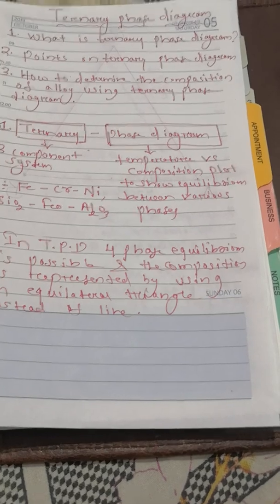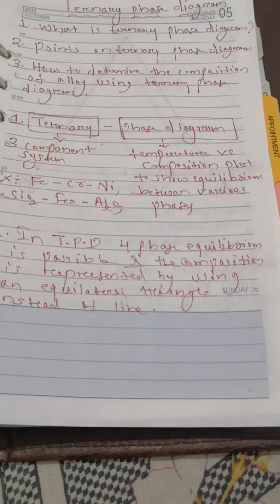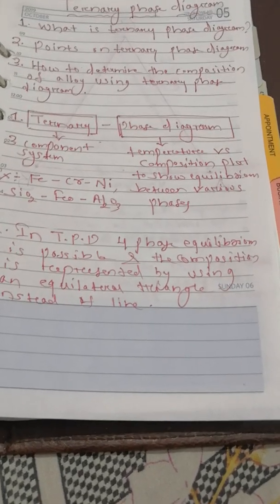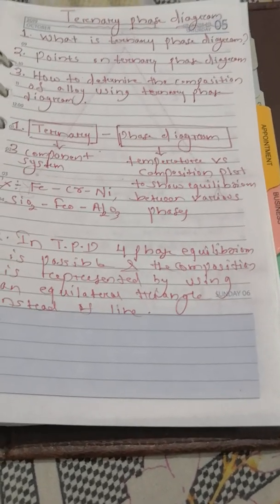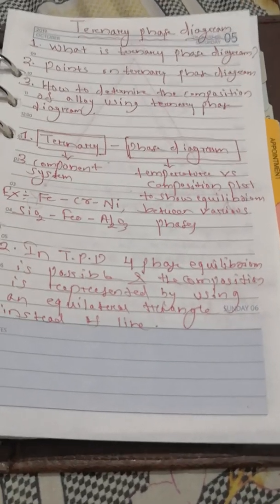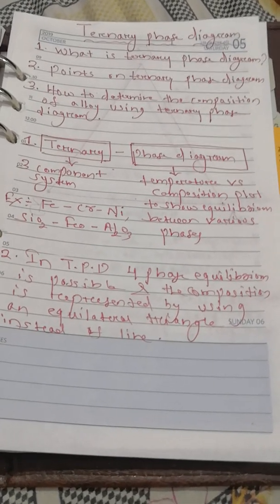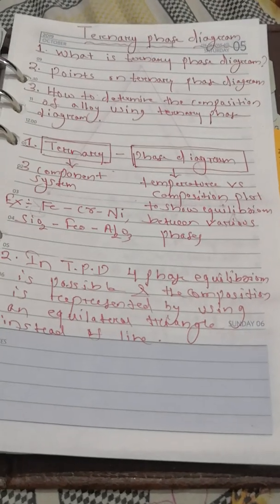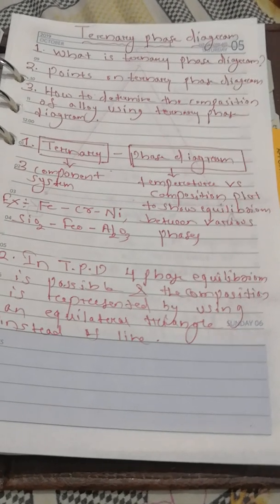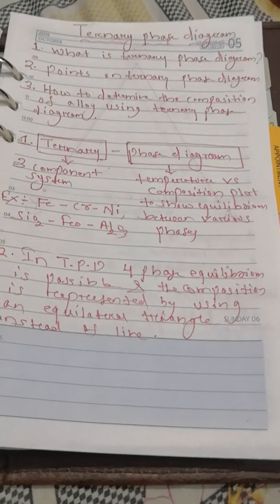It is fine. So now next we'll discuss the important points on ternary phase diagram, or how we can compare the ternary phase diagram with binary phase diagram. The best example of binary phase diagram is the iron carbon phase diagram, which is called iron cementite metastable phase diagram. Here iron is one component and carbon is another component, and we are drawing a plot between temperature on the y axis and composition on the x axis, right? Where pressure is kept constant.